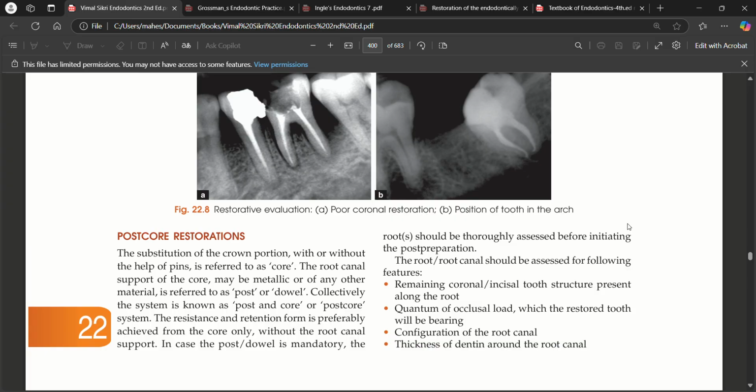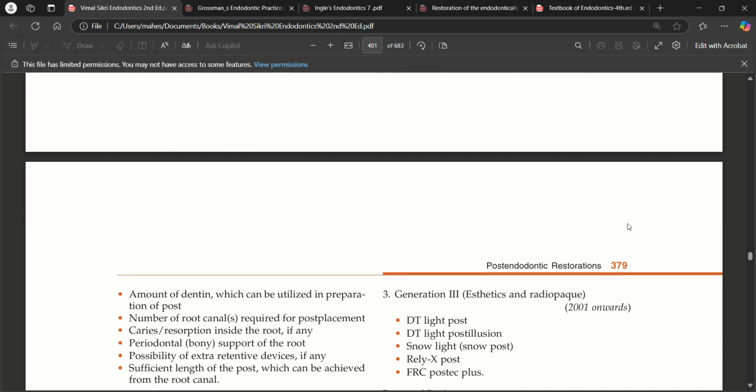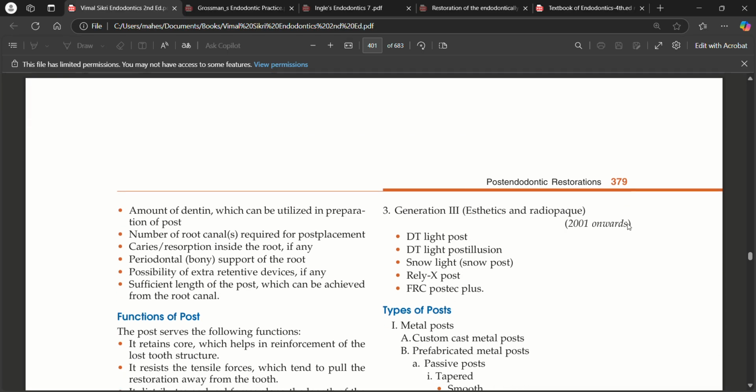The root canal should be assessed for the following features: remaining coronal incisal tooth structure present along the root, the quantum of occlusal load which the restored tooth will be bearing, configuration of the root canal, thickness of the dentin around the root canal, amount of dentin which can be utilized in preparation of the post, number of root canals required for post replacement,